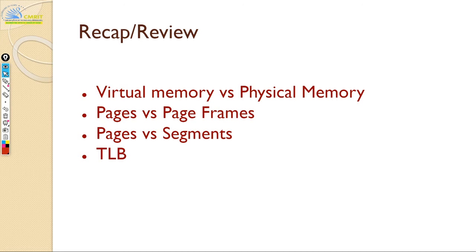Virtual memory, again, as I said, is just making your CPU think you have primary memory as big as your secondary storage. If you have a 500 GB hard disk or drive, your virtual memory will be 500 GB. If you have 1 TB of SSD, you will make your CPU think you have 1 TB of physical memory, so you're fooling the CPU. It will be as big as your secondary storage.